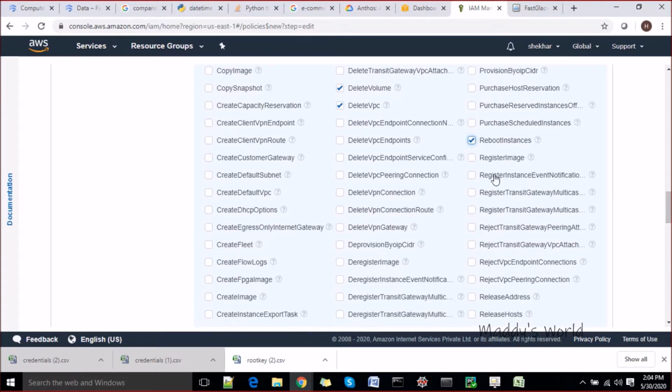right? Let's go, VPC is essential, right? Describe image, deregister image, and delete VPC endpoints, delete VPC peering. No, let's not give more, right? Endpoints, leave it. Let me see if some VPC actions are enabled here. Okay, create default VPC.